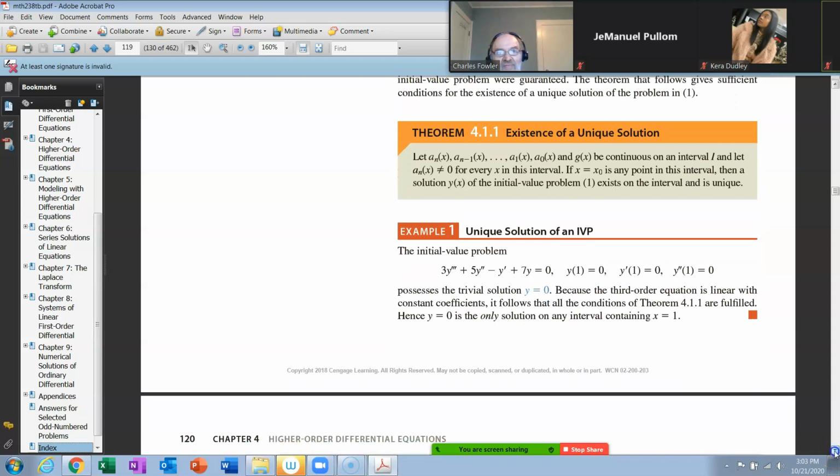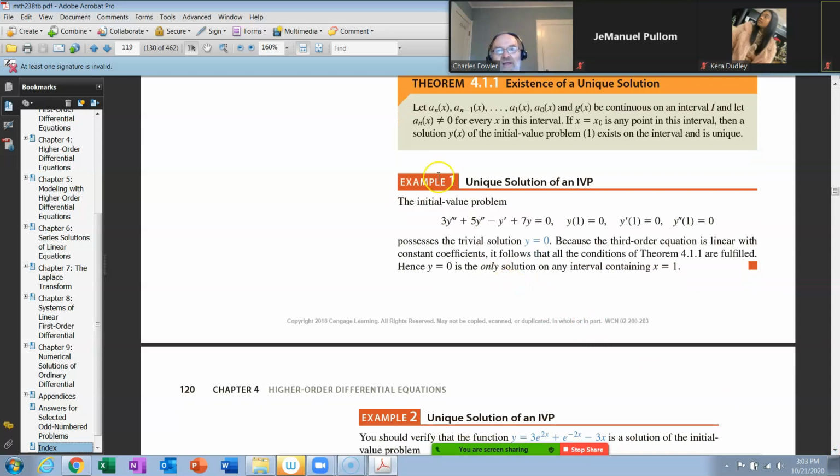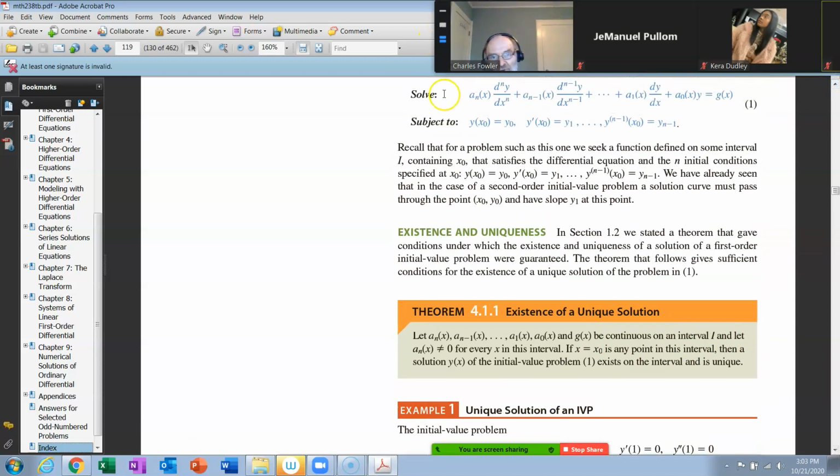Here is the existence of a unique solution. Let a sub n of x, a sub n minus 1 of x, a sub n minus 2 of x, down to a sub 3 of x, a sub 2 of x, a sub 1 of x, a sub 0 of x, and g of x. All of those functions of x and x alone that we had up here. Here they were. This was a coefficient function, coefficient function, and then your solution function. Okay? All of those are